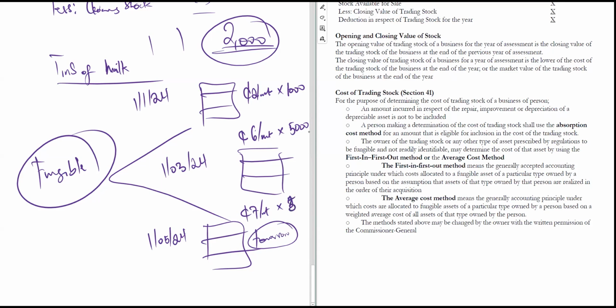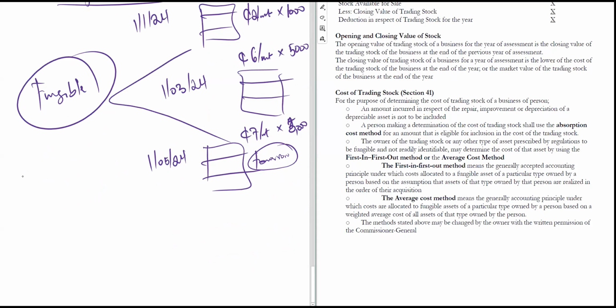Then finally, on 7th May 2024, you sold some of the milk. I said 1,000, 5,000, so making 9,000. So you sold 8,000 units of milk